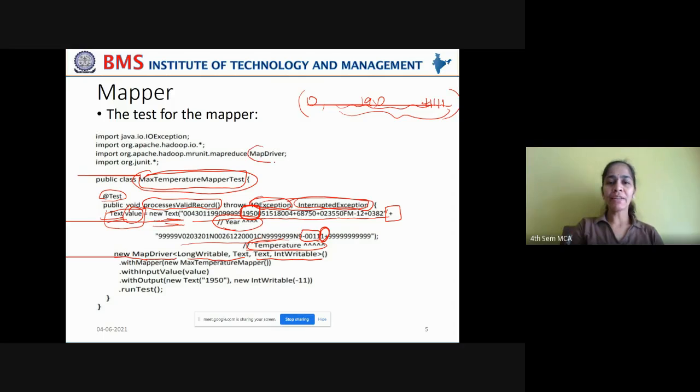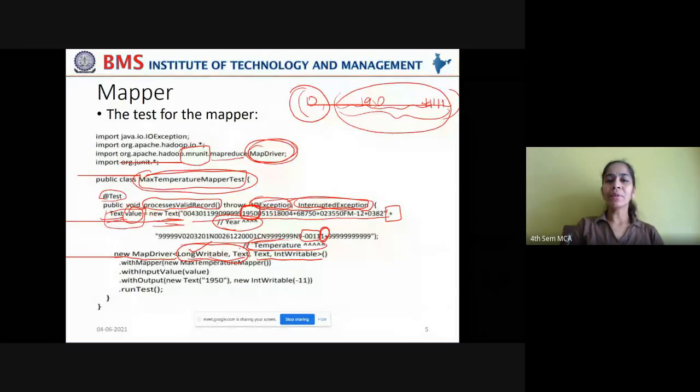For that, you're creating an instance of this MapDriver class, which is available in the mapreduce sub package of the MRUnit main package. So you're creating the new instance of this MapDriver, which takes the key value pair. What is the key value pair here? The offset of the file, this one, and the raw data, right? To represent the offset of the file, we are using LongWritable, which is nothing but long int in Java, because file offsets may be larger as you go to the ending records, right? For that, you're taking LongWritable. And for the raw record, you're taking it as Text.